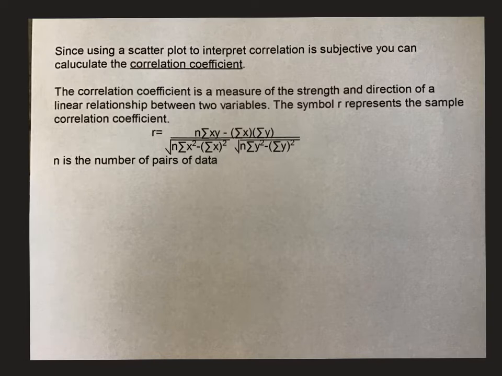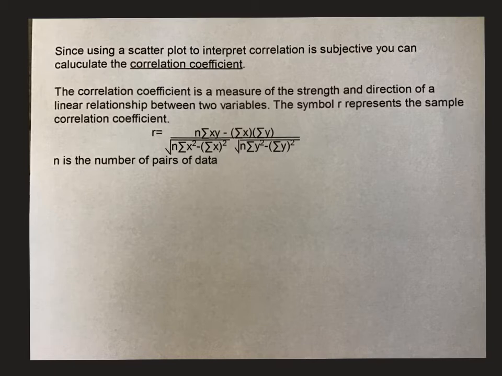The one thing about using scatter plots to interpret correlation is it makes it pretty subjective. Ethan might think that it's a really strong negative correlation, but Braden might think it's negative, but it's not really that strong. So it's kind of subjective. So what we can calculate is called the correlation coefficient. You hopefully did this in Algebra 2,